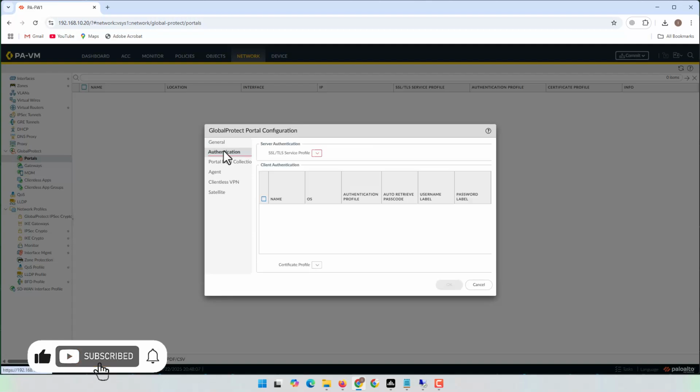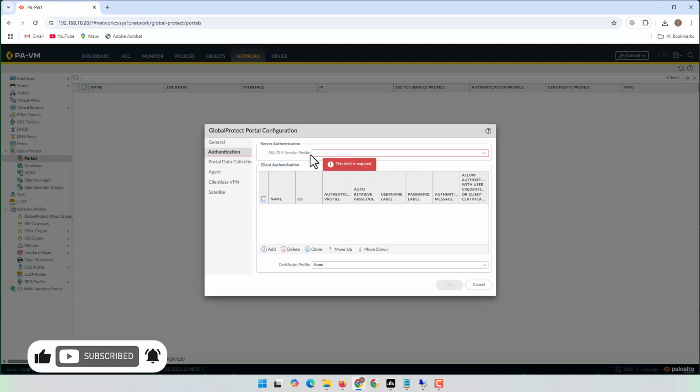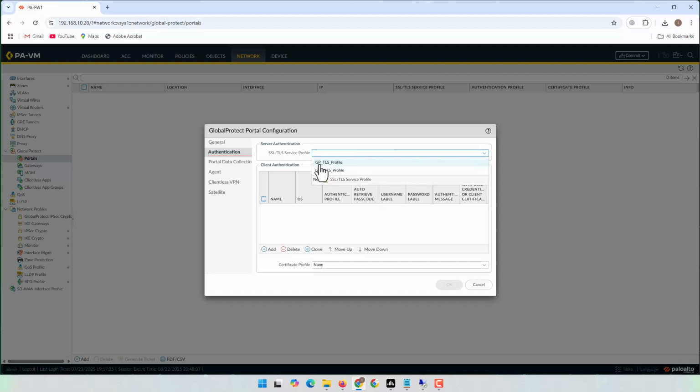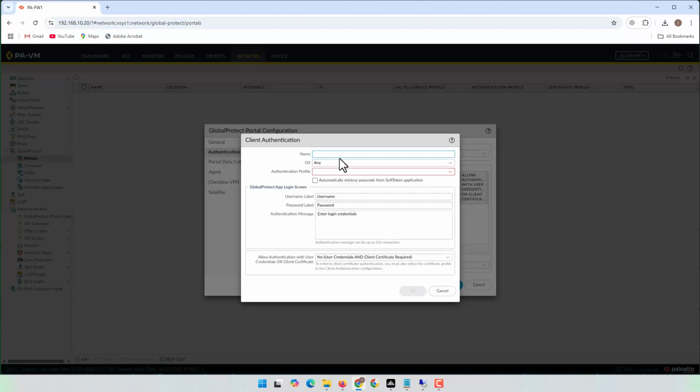Next is authentication. In the authentication, let's first of all select the SSL/TLS service profile, the GlobalProtect TLS profile we just created before. It's for server authentication, and for client authentication we need to add one. I'm going to name it AD users, and